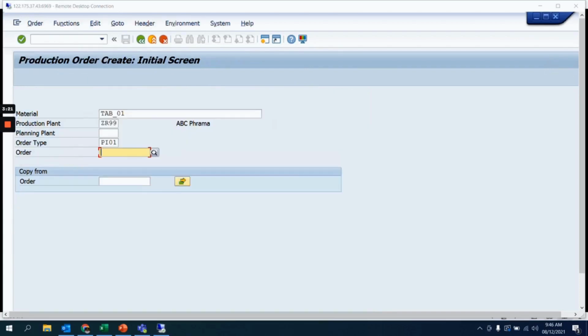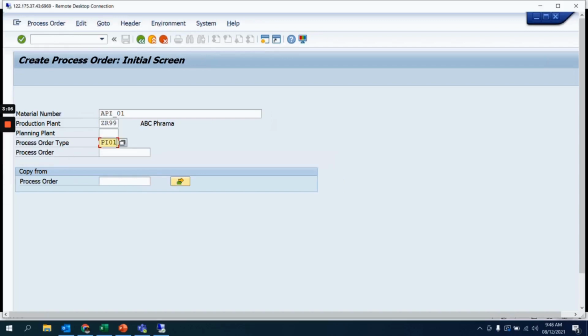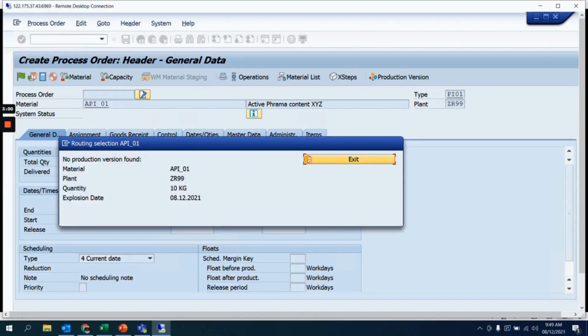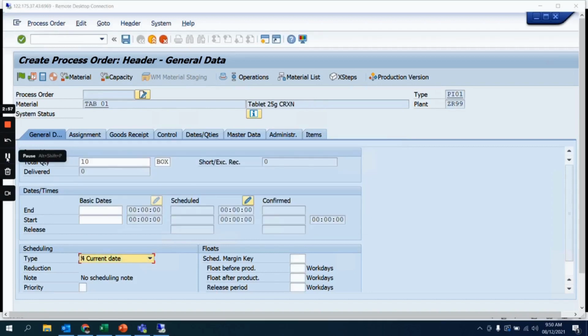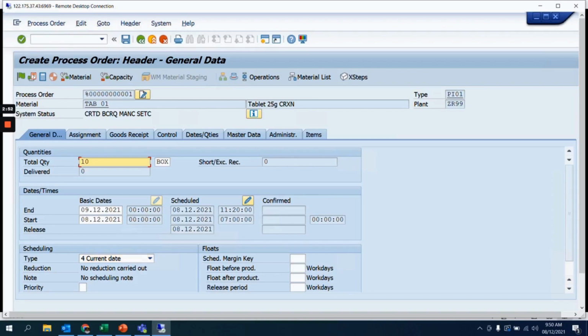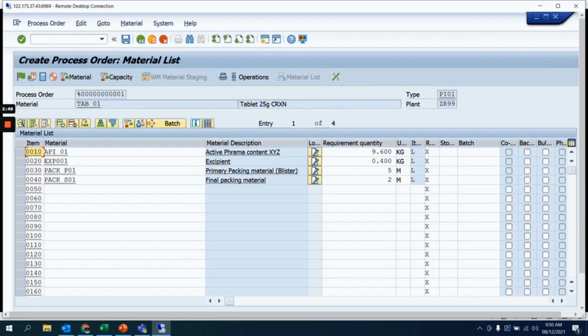So now we are going to create the process order for the header material. For the order type, we already defined the batch strategy as best, in which we maintain the order type PA01, plant JETR99. Let's see how that batch determination works here. So we are creating the process order for the header material. Under the components, you can see AP_01 as one of the components. Here we can perform the batch determination